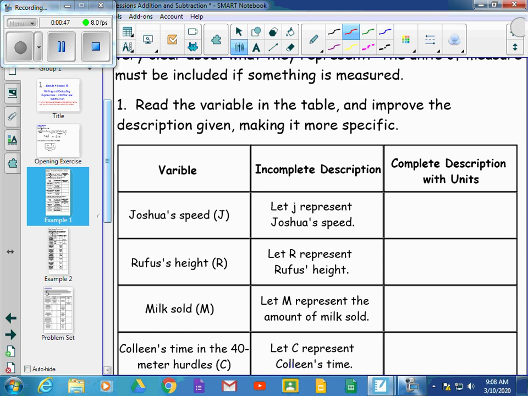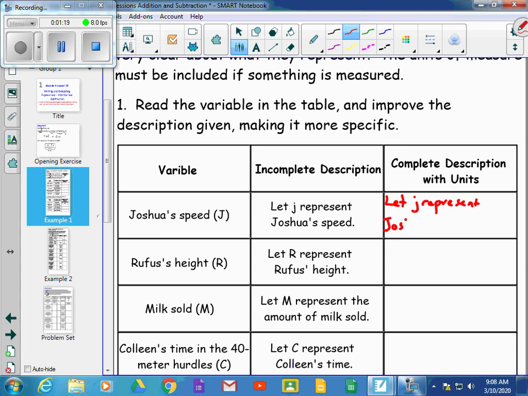So on the left, it tells us the variable is going to be J for Joshua's speed. Okay, so we get from that idea right there that we're talking about how fast he's going. An incomplete description of that J would be let J represent Joshua's speed. How fast is he going? But what would be even better is if we would include units. So we might say let J represent